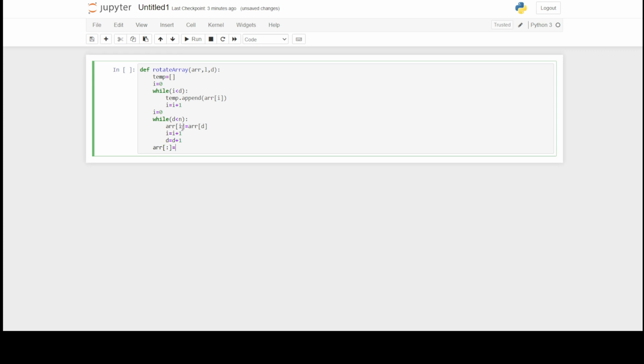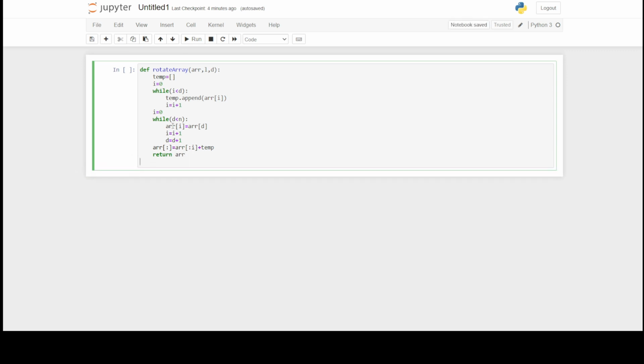This is equal to array from all the elements, that is, we already have only one row, and in the column we have to take I plus temp. This is the array addition. In array addition, you see the elements are not added to each other, but all the elements come in a single array. After this, we have to return ARR, that is our initial array.